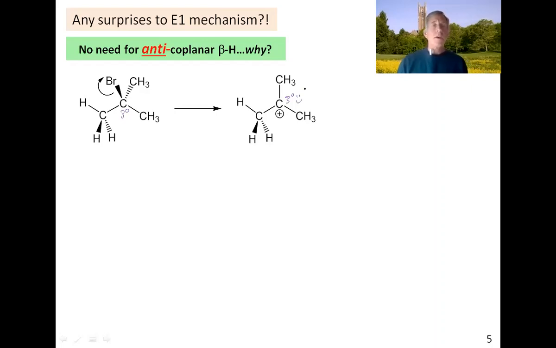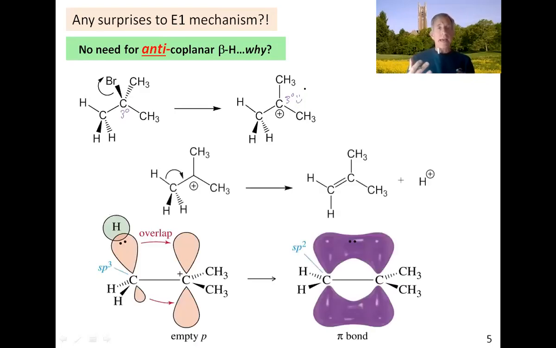Okay? Now, to do the E1 mechanism, that carbocation is a new geometry. It's no longer tetrahedral. Notice there's no wedges and dotted lines. It's flat, planar. That means I have no rigid stereochemical constraints. Being flat, its p orbital here can rotate, move slightly, adjust here and there to match up